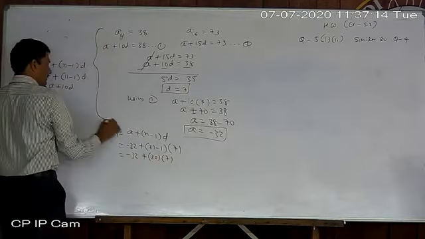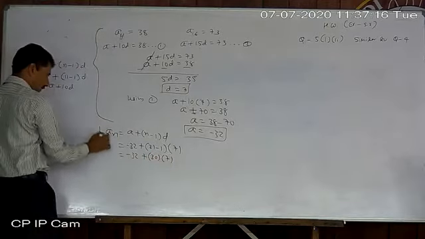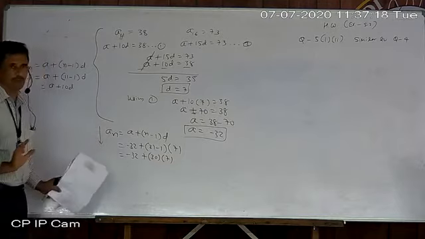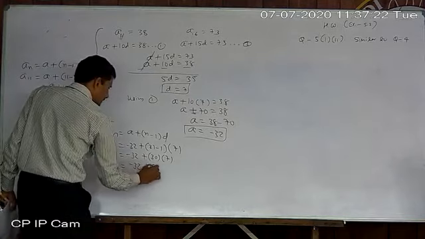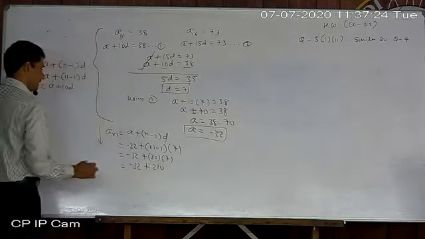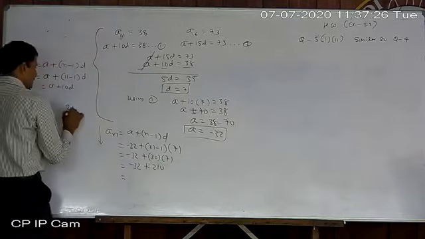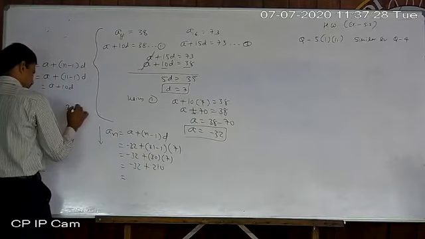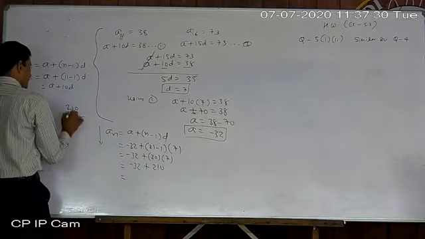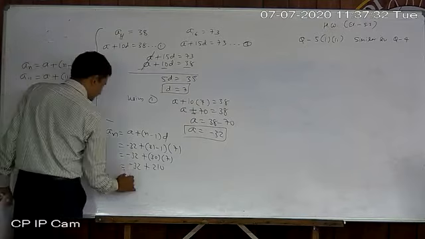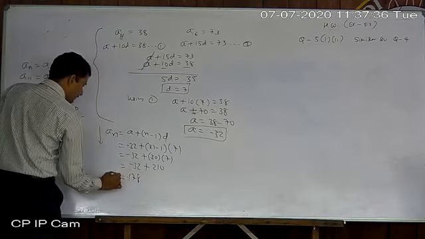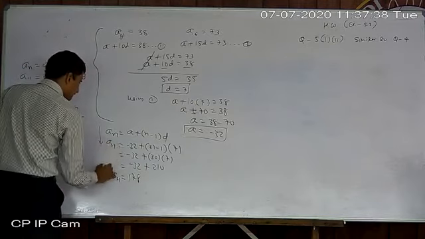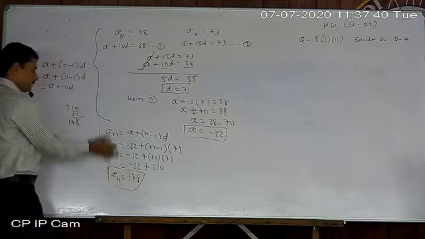This part only is new. Now whatever we are going ahead with is repeating only. So minus 32 plus 210. So answer will be positive, 210 minus 32. Now 10 minus 2 is 8 and 20 minus 3 is 17. So 178 will be our final answer. That will be the 31st term. Okay. That part you know.